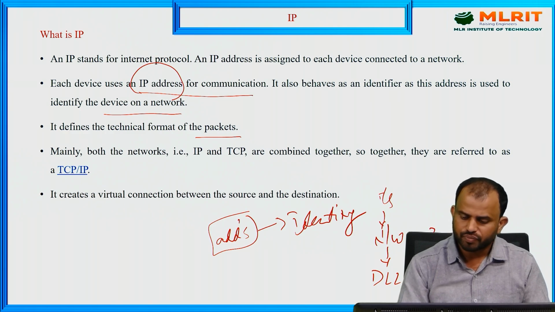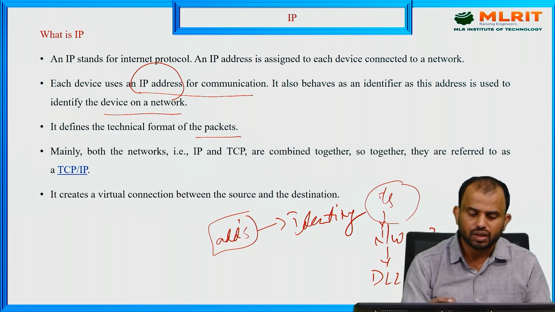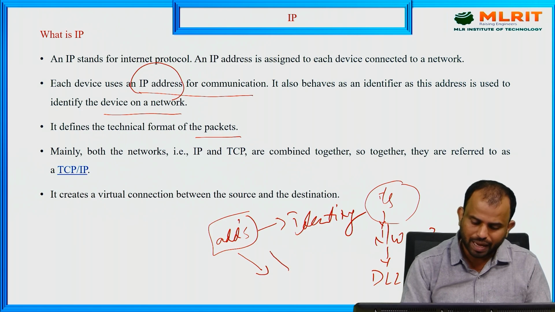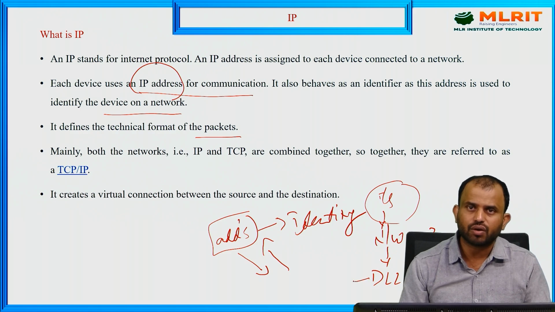So here similarly, the technical format of this IP address means how much amount of data packets we received, or how much amount of packets should be transmitted. That should be in the form of packets only. When we go to the data link layer, or the lower layers, we discuss this frame kind of structure,